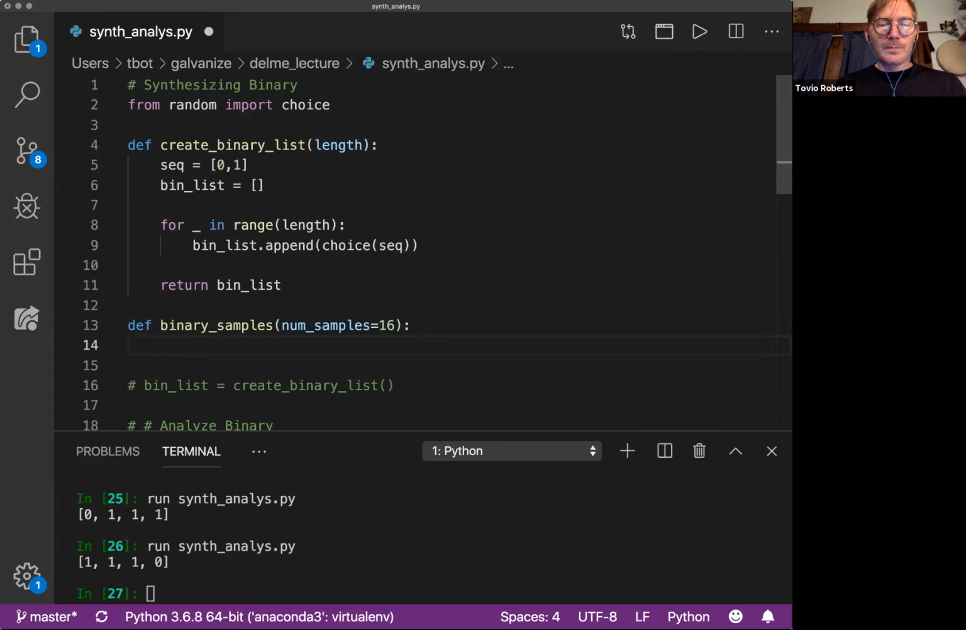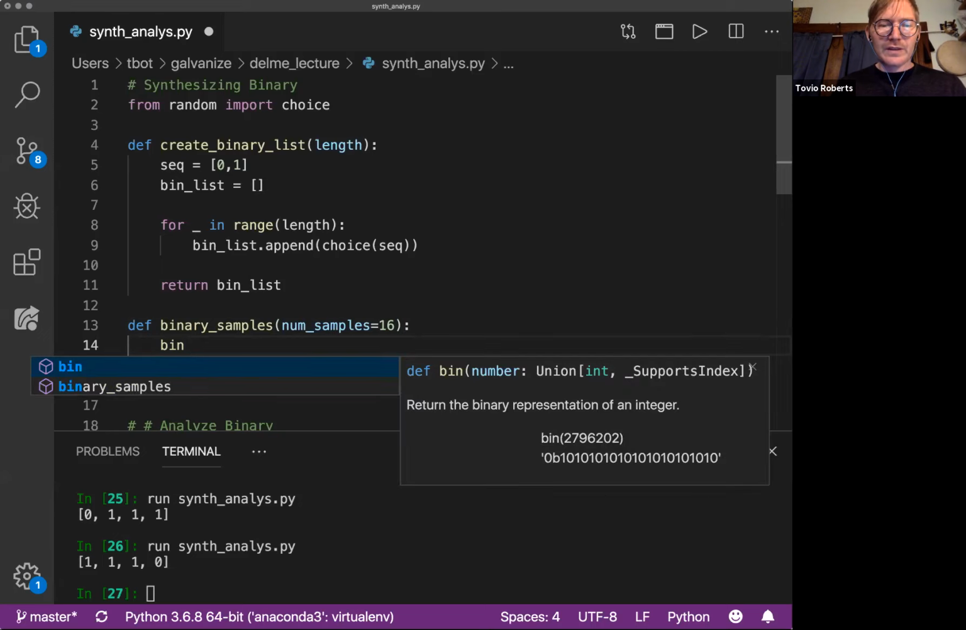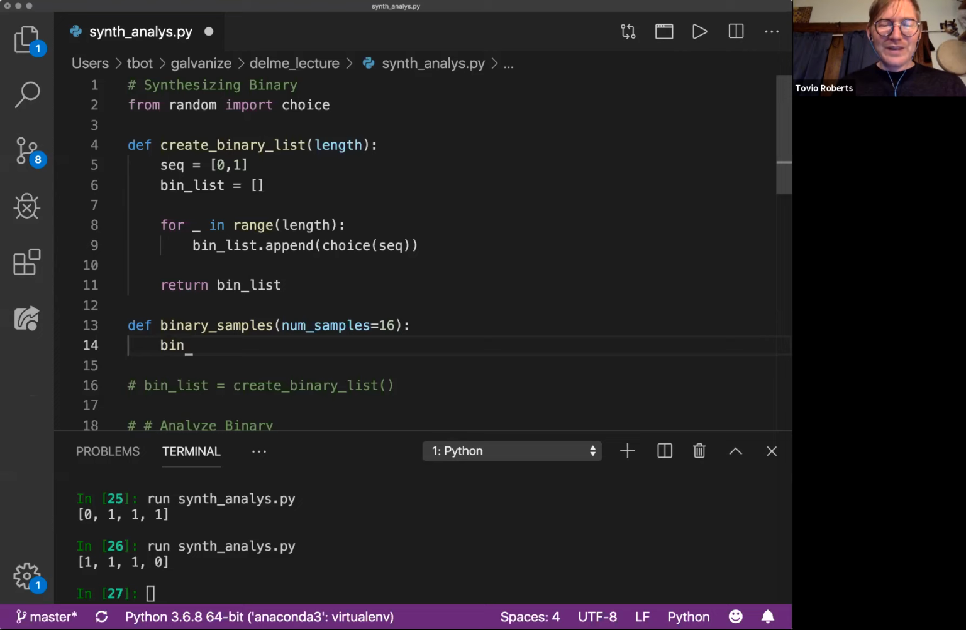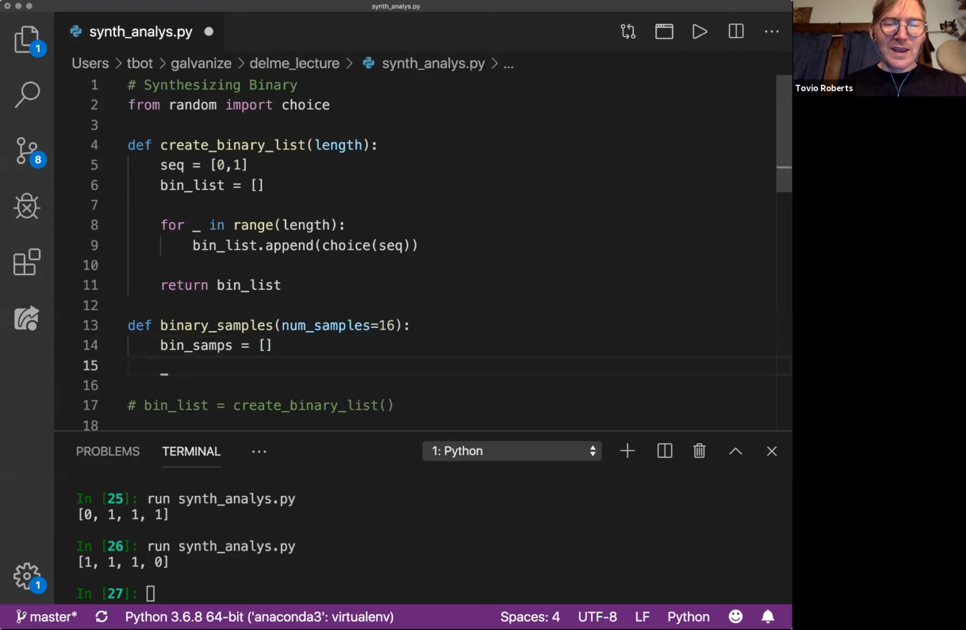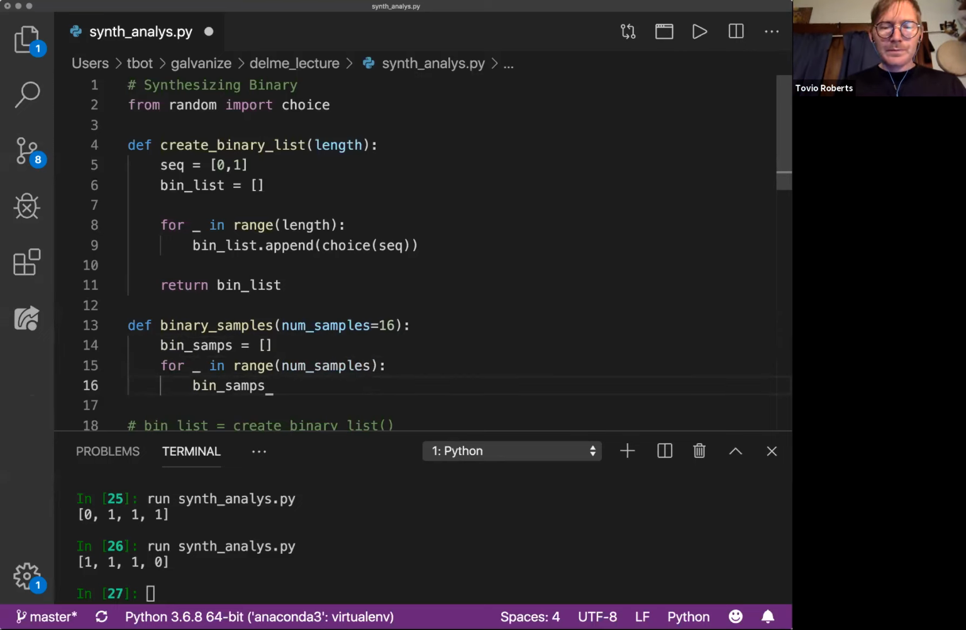I'm going to, you know, bin list? No. Bin samples, bin samps. How about that? And let's say for, I could write this as a comprehension. Some of you know comprehensions. I'm doing this as for loops because I want to still stay within the realm of accessibility for people who haven't seen comprehensions yet. So for whatever in range the number of samples, we're going to append a sample. So I'm just going to append create binary